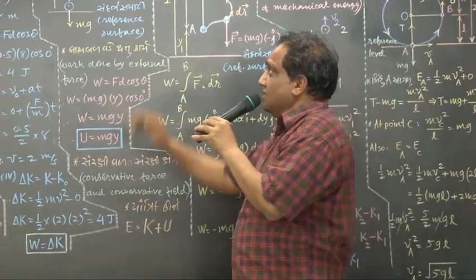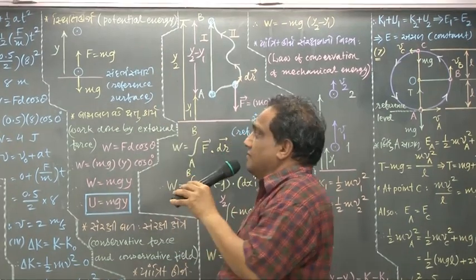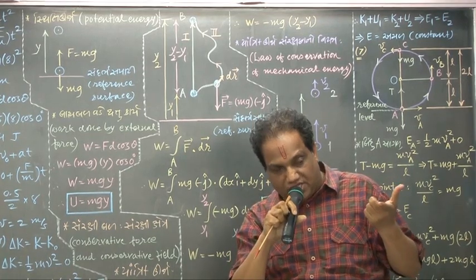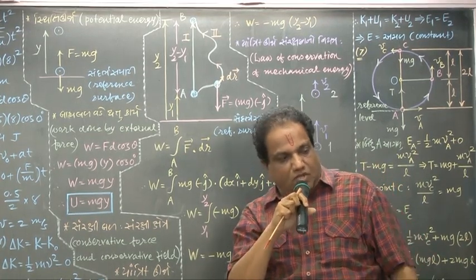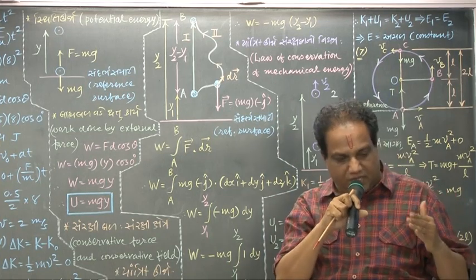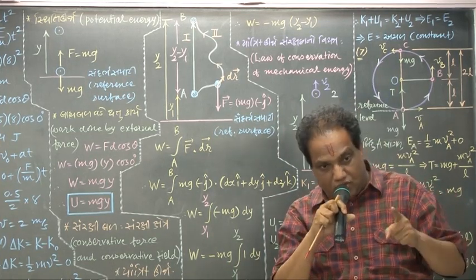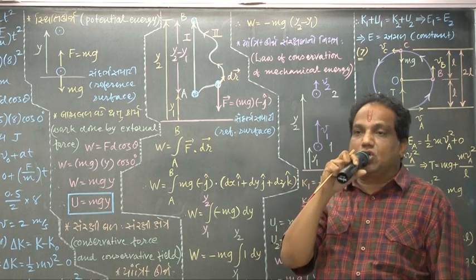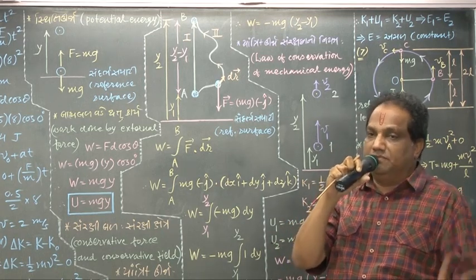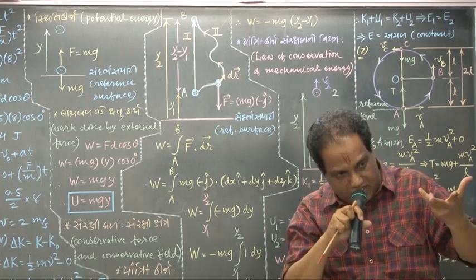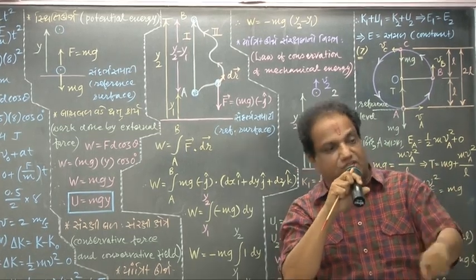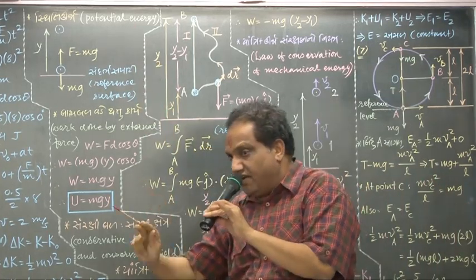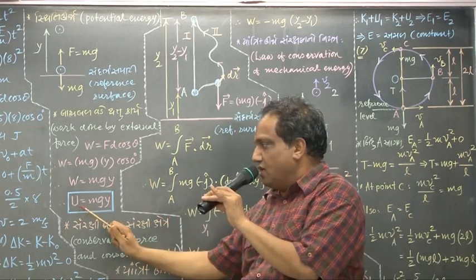Look now. Potential energy. In the textbook they have not derived the initial formula of gravitational potential energy. I am deriving it. Look here. Whenever any body possesses some capacity of doing work by virtue of its typical position, state, condition or configuration, it is said to have some potential energy. And right now we are talking about gravitational potential energy. I may write only potential energy, but you must understand gravitational potential energy. It is shown by the symbol capital U.